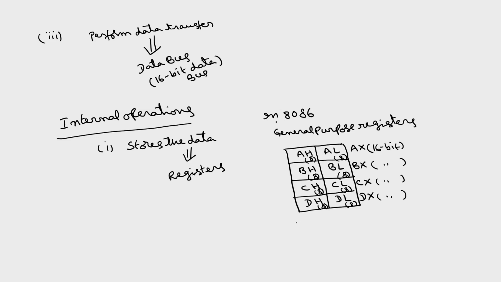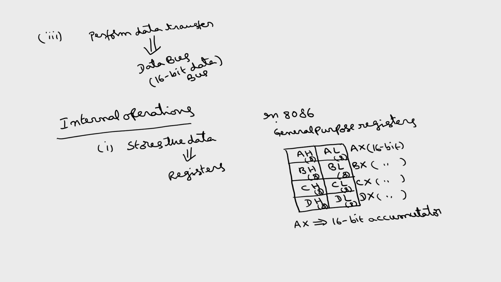Here, this AX will act as an accumulator, a 16 bit accumulator. Later we are going to show that in the arithmetic logic unit. If we want to perform any arithmetic logical operation, we require 2 operands, 2 data. So, one of the operands has to be taken into the accumulator. We will discuss this while discussing the arithmetic logic unit. So, this AX will act as an accumulator.